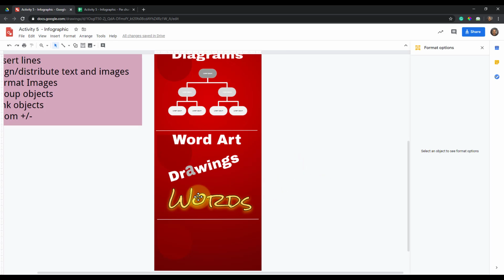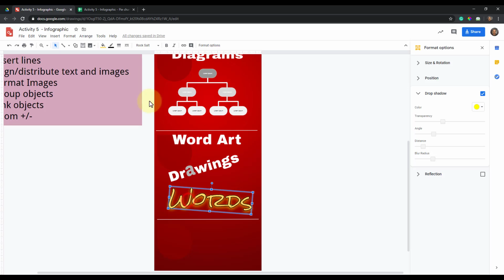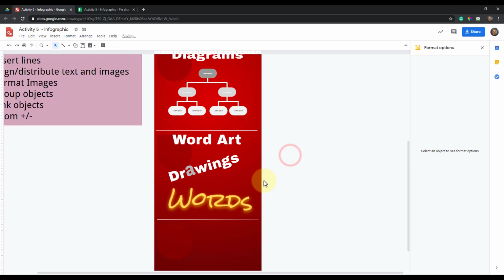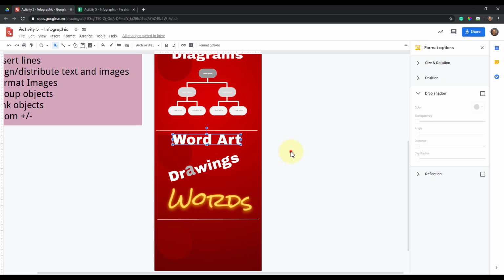But now I've made this look like it's standing out this way. If I didn't like the black, I could go back and say, you know what, I want more of an orange. That kind of looks like it's vibrating, it's on fire. And so Wordart, that's another tool you can use